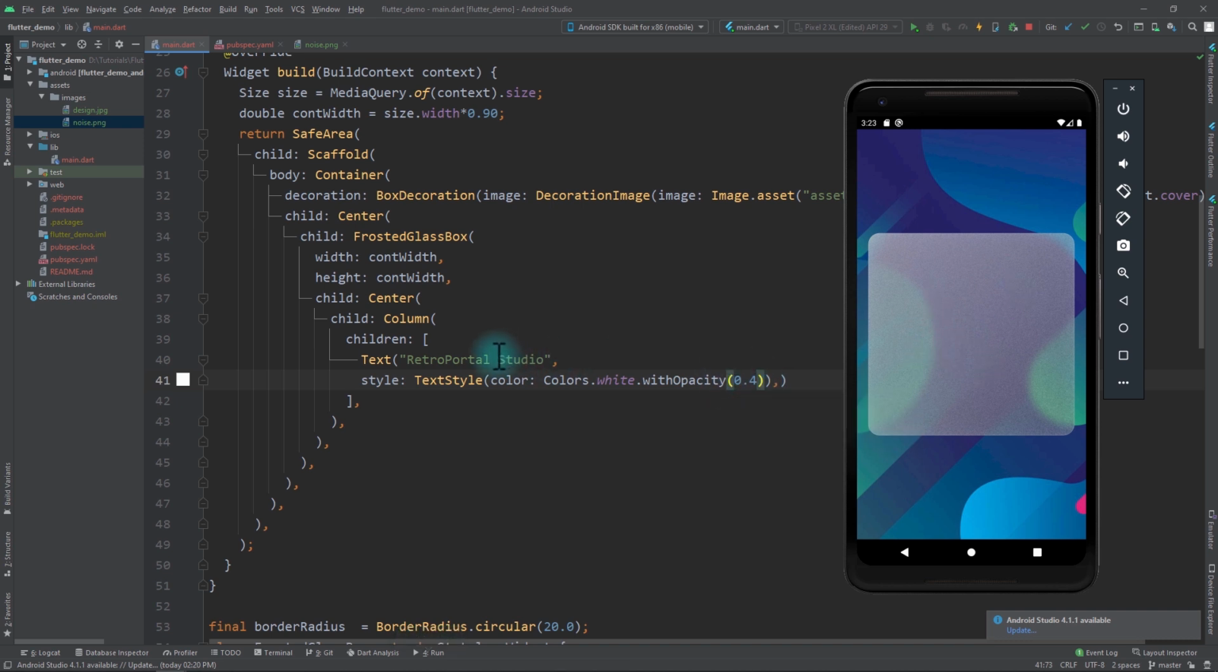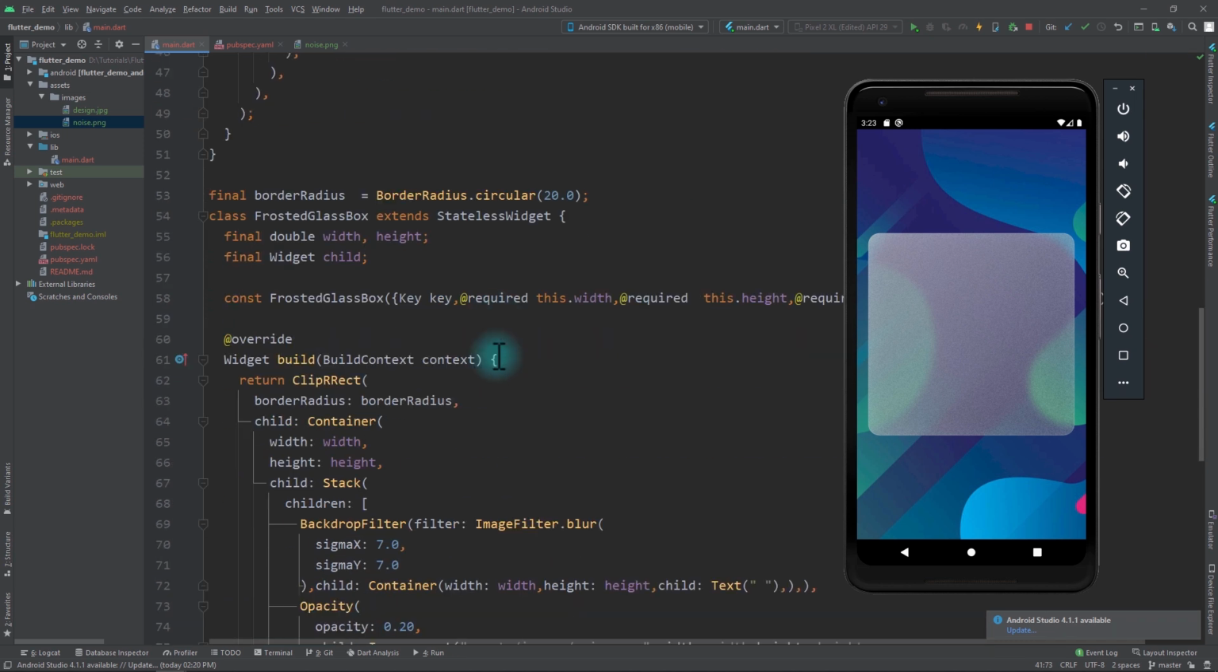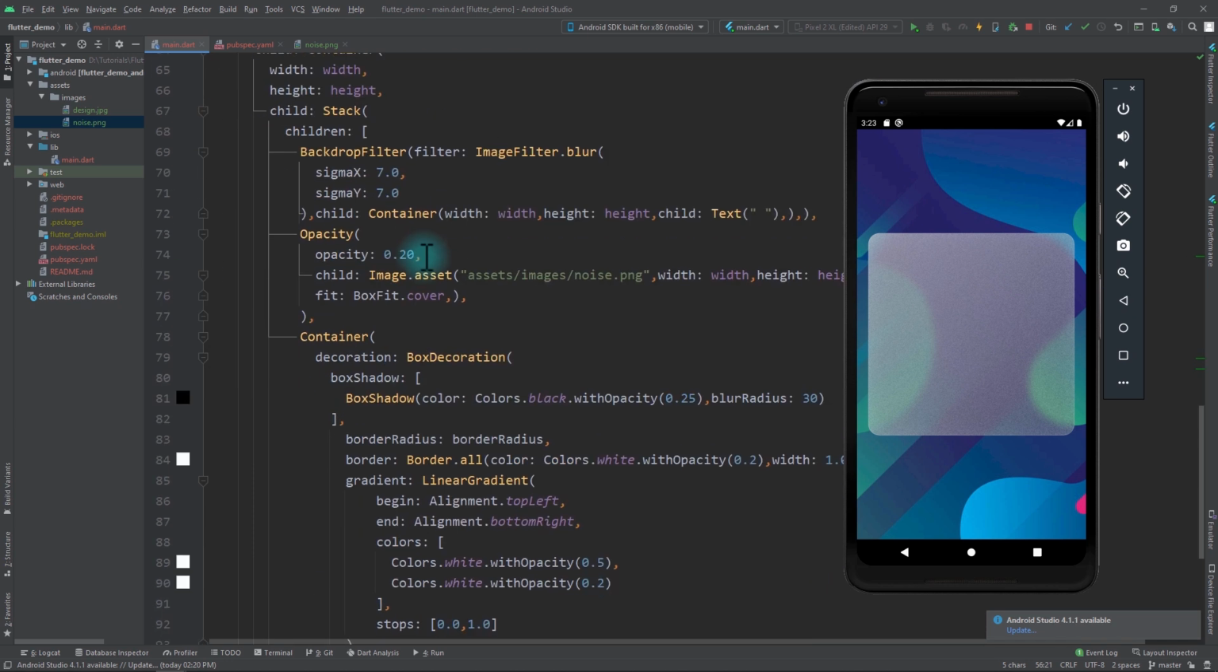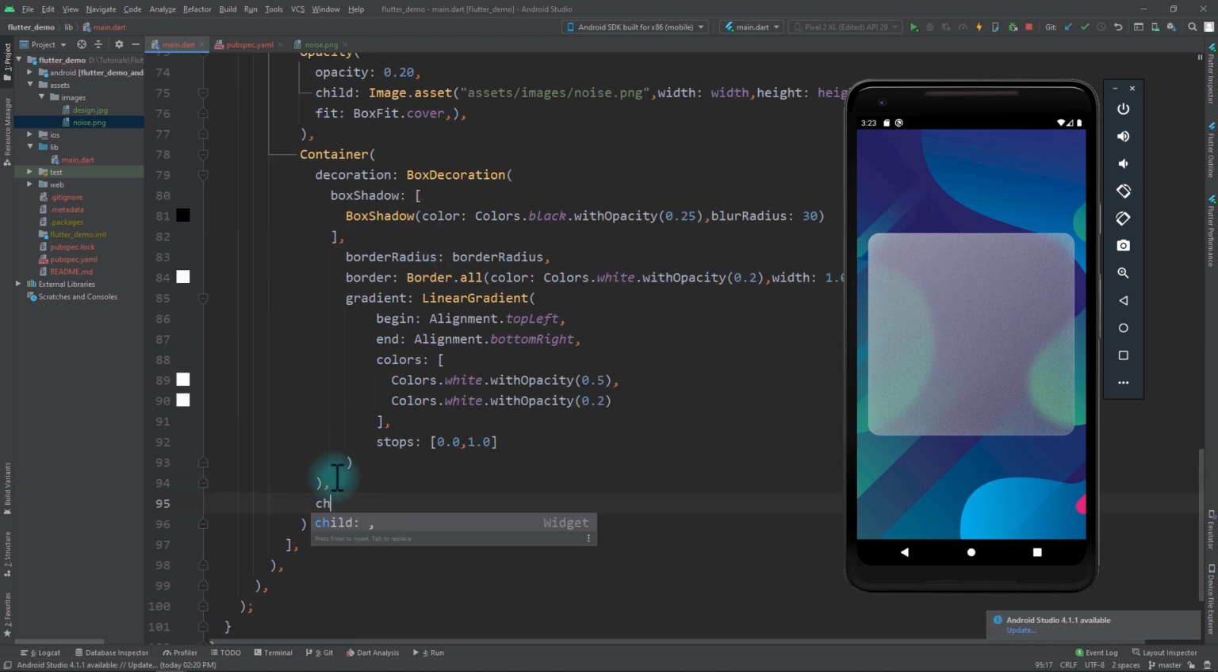The reason for this is that in the frosted glass look widget, we have not done anything with the child. What we need to do is we need to come down to the container, and we need to pass in the child as the child property of the container. With this, I'll save the app, and you can see that the text of Retro Portal Studio appears in the